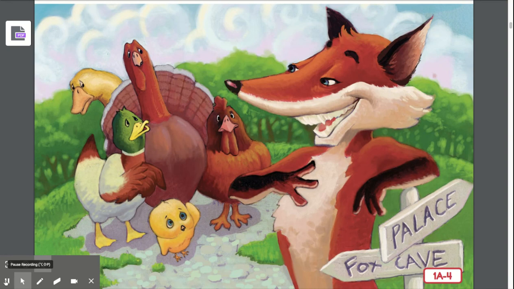"If the sky is falling, you'd better keep safe in my den, and I will go and tell the king for you." The den is the fox's home. Do you think they should go into the fox's den? Did you say no? So Chicken Little, Henny Penny, Goosey Lucy, Ducky Lucky, and Turkey Lurkey followed Foxy Loxy into